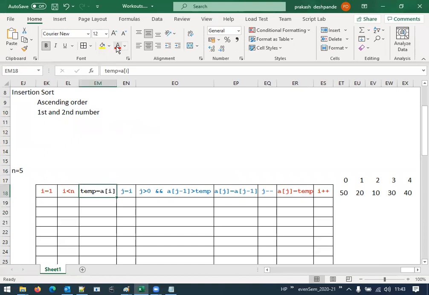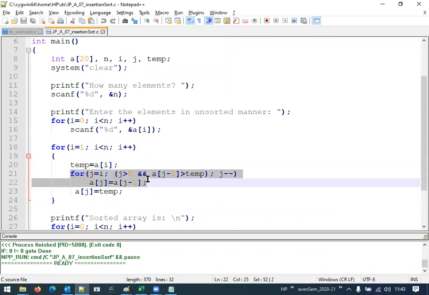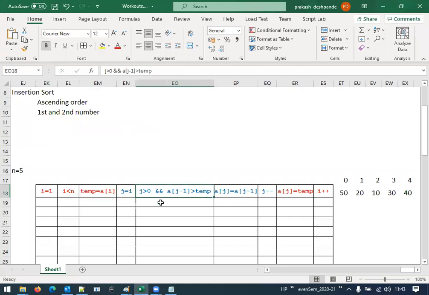This is also a part of the outer for loop itself. Let me highlight in the same color. And then we have the inner for loop. In the inner for loop, j equal to i, and then the condition, and if this condition is true, then only it will execute this, then j minus minus. So these are the part of the inner loop.